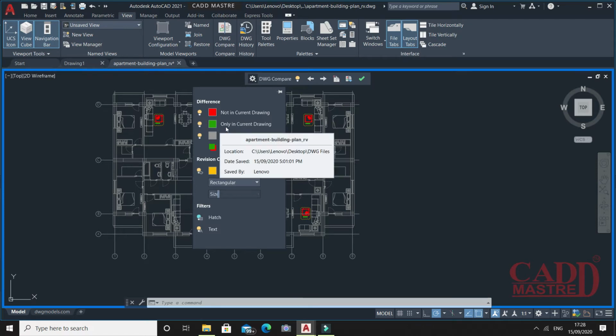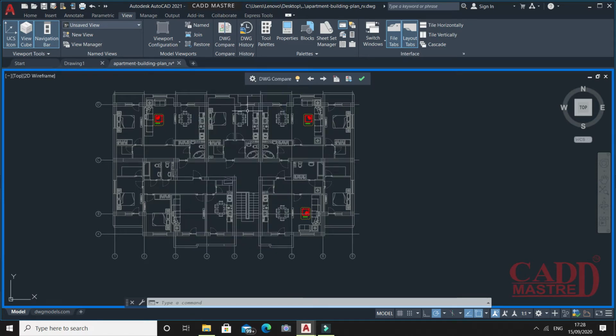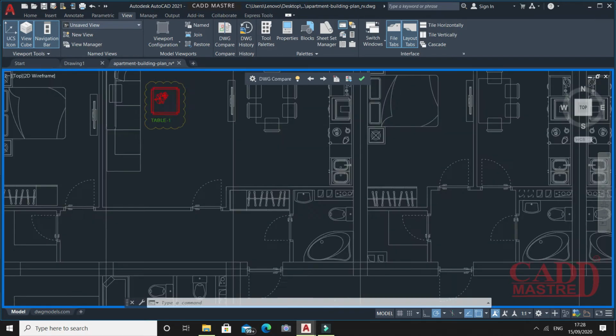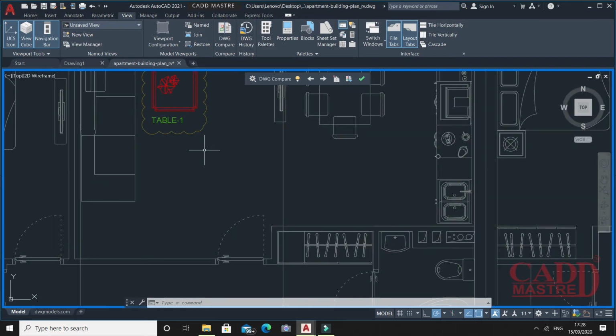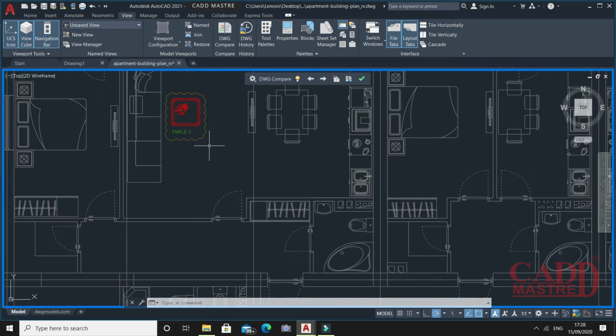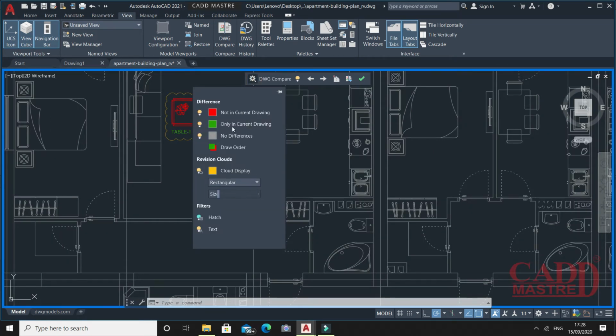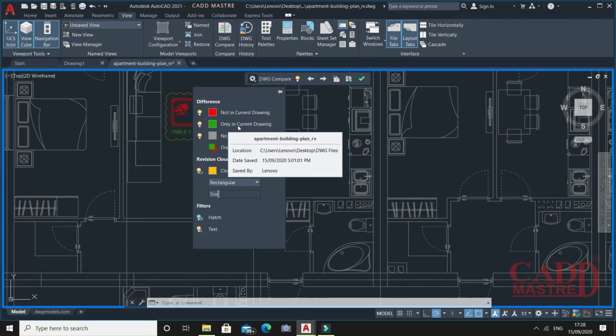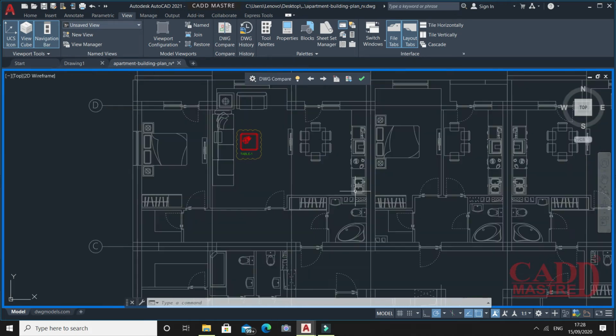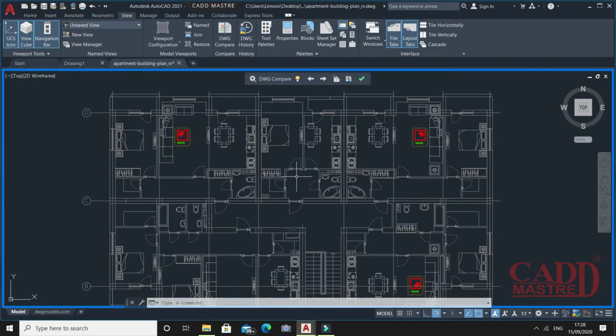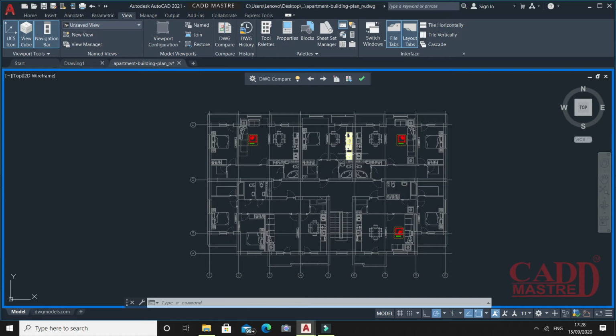Green color shows what is only in the current drawing. So in my current drawing, we have created the text which was not available previously. So that's what is showing in green color, and no difference is shown in gray color, as in the rest of my drawing I haven't made any changes. So that's what it's showing in gray color.